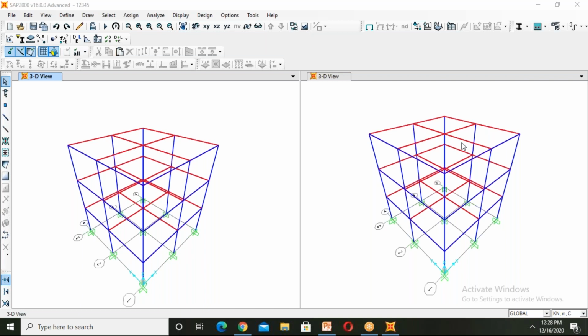Okay, sir. What is the difference between SAP Pro and SAP? Ma'am, will you answer or do I? The difference between StaadPro and SAP, he's asking.